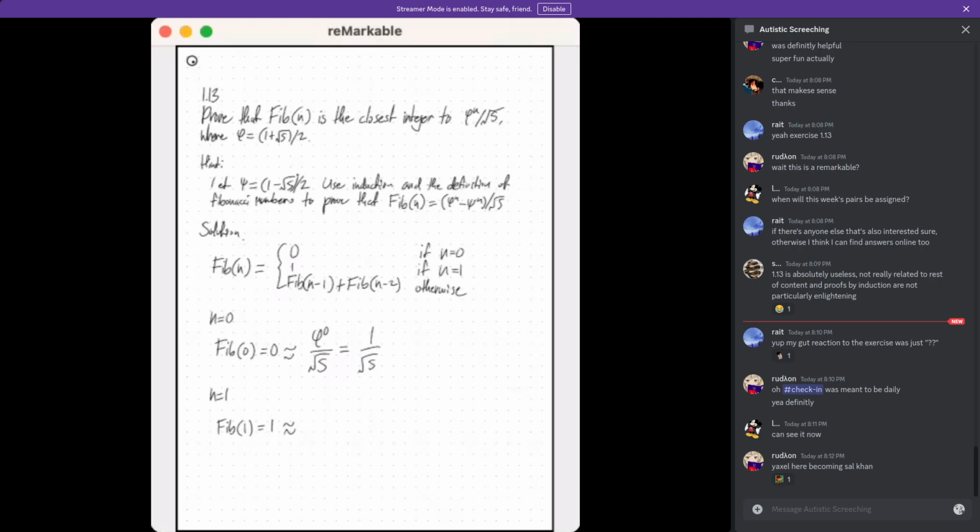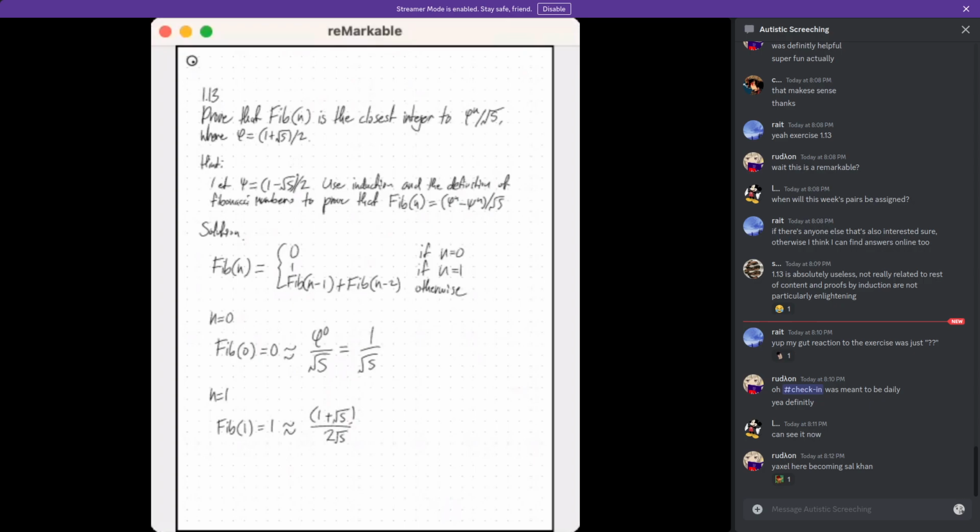And then we're not raising phi to the 0th power, so we actually have to plug it in here, which would be, let's see, 1 plus radical 5 over 2 times, or over 2 radical 5, and this ends up being,